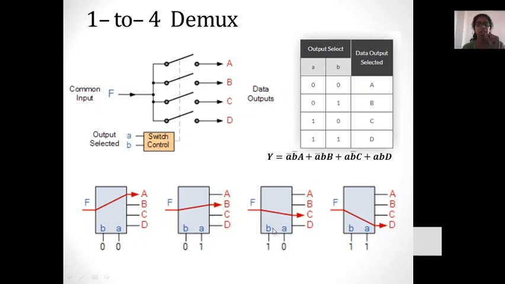When A is 0 and B is 1, the labeling is changed. So you just have a look here. My dear students, don't be confused. Instead of this B, you have to read it as A, and this A should be read as B. Then everything will be okay. So that this will become 0, 0. Now the input is switched to A. When it is 0, 1, it is switching to B. If it is 1, 0, it is switching to C. And if it is 1, 1, switching to D.